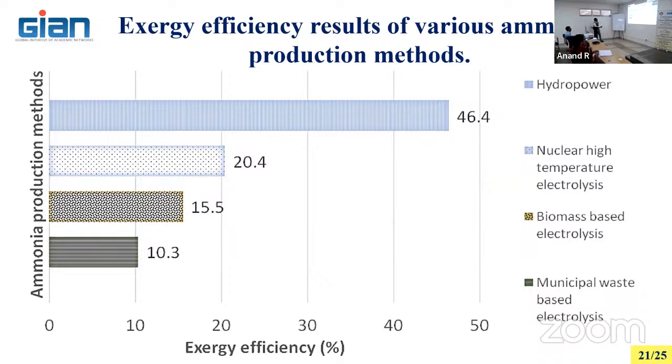As we assume that if you are adding 1 kg of biomass, maybe I can say 100,000 grams, the conversion is only here 15 grams. Okay. The municipal one is only 10 grams. Because the calorific value is very low, that is the reason why the energy efficiency is, I can say, very low.